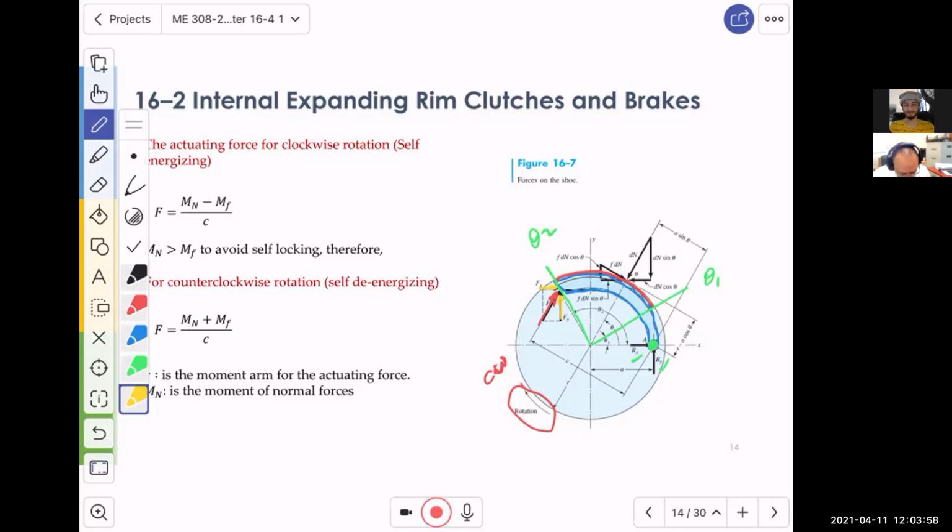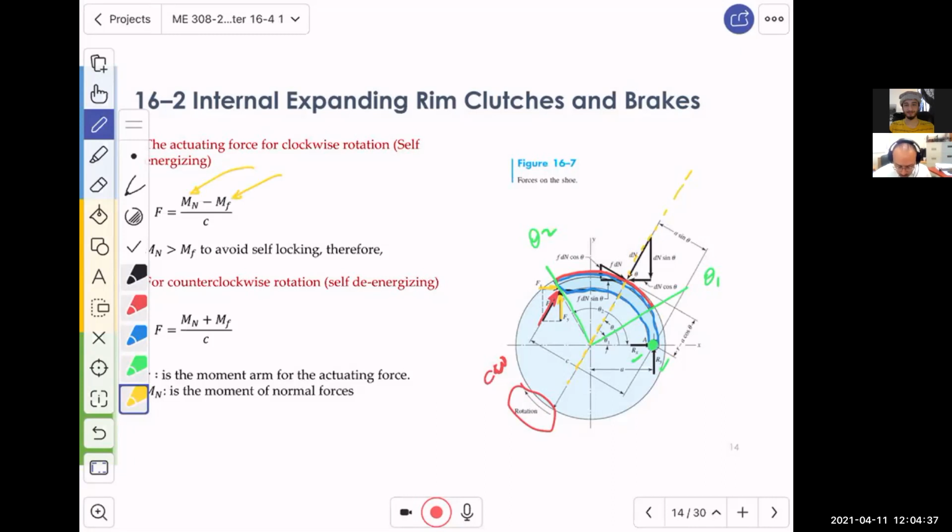and along an arbitrary line over here, we resolved the normal forces and the frictional forces, and basically these forces are going to generate moments. This is why we got Mn, standing for the moment resulting from normal forces, and Mf, the moment resulting from frictional forces. Before I go back to this equation and talk about energizing, self-energizing, and de-energizing,